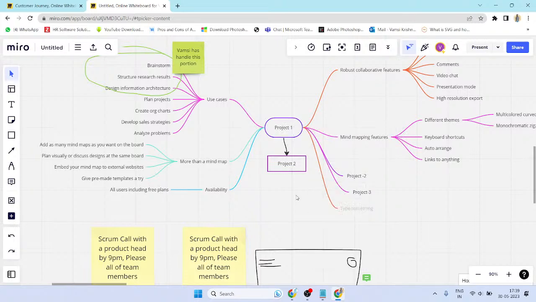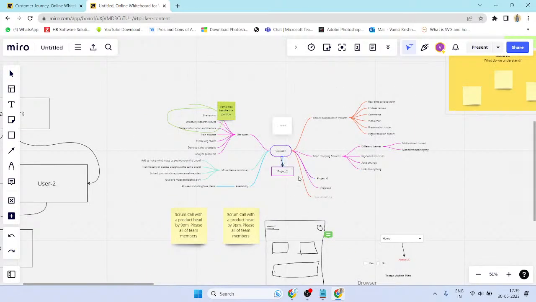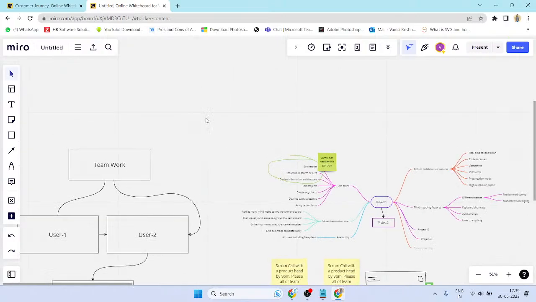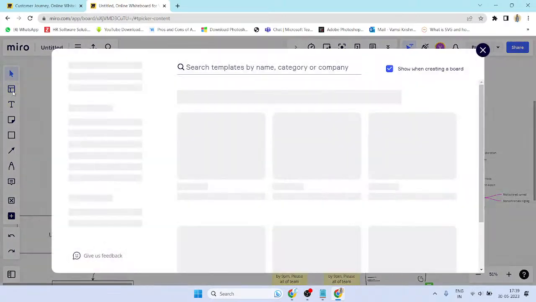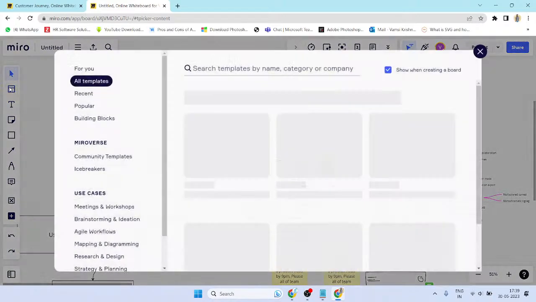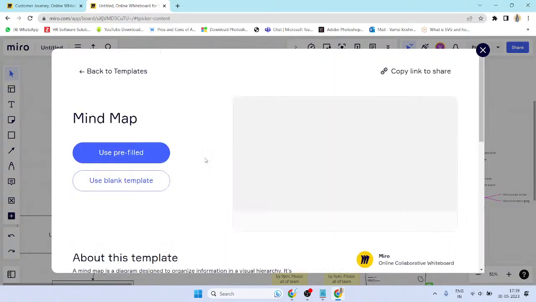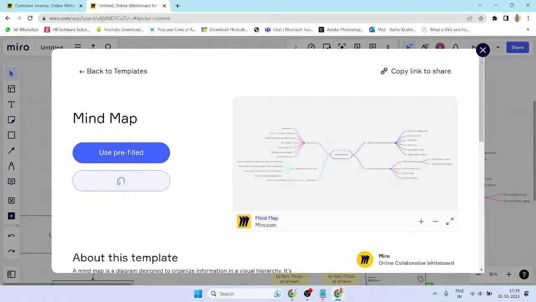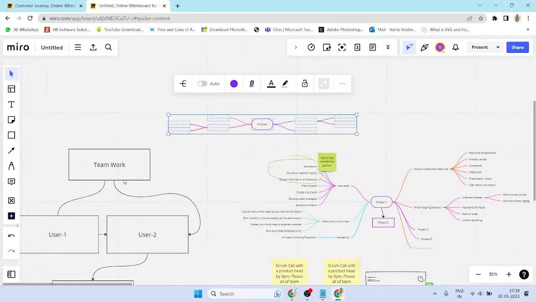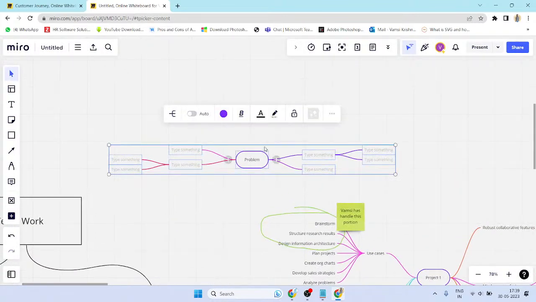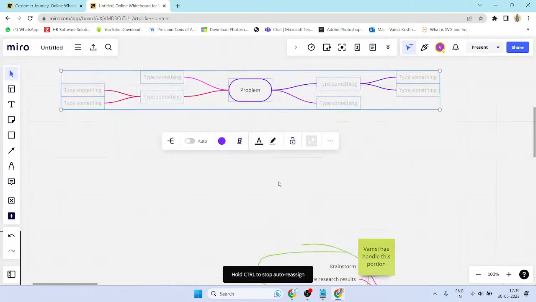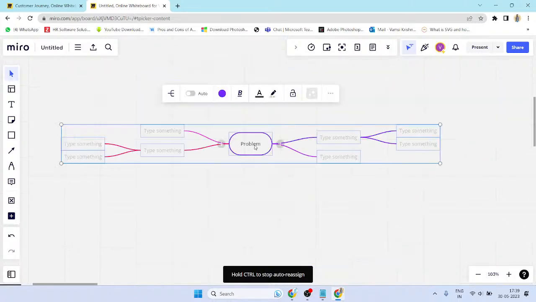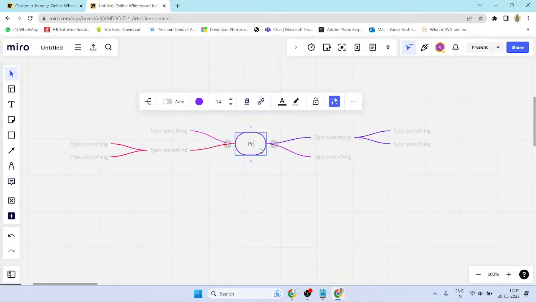So manually we are working, but if you start a mind map from one place, suppose we have created templates and a mind map, use the blank template. So this is the blank template only, no? Okay, what your question is about taking a project. Suppose this is the nav bar,